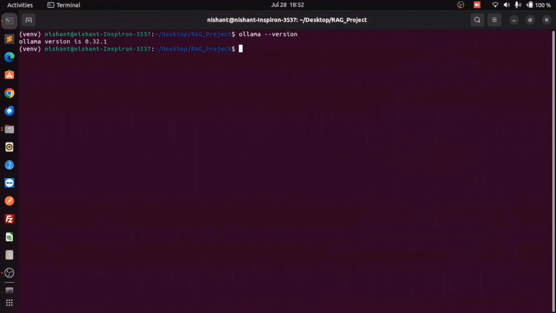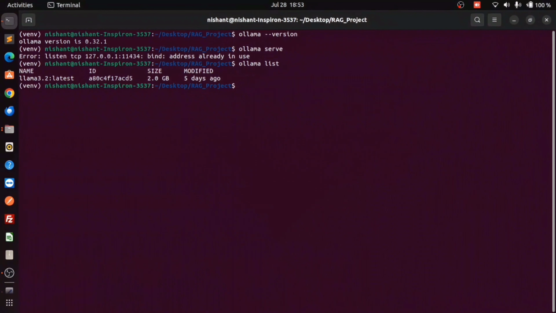Now Ollama is there. Now we need an LLM model, right? So we are going to pull the Llama 3.2 LLM model here. We can use this command to install the LLM model on our machine. Once this is installed, we can start our Ollama server. So we can do ollama serve. You see, for me it's saying address already in use. That means I have already started this Ollama server, which is fine. So I can just check ollama list.